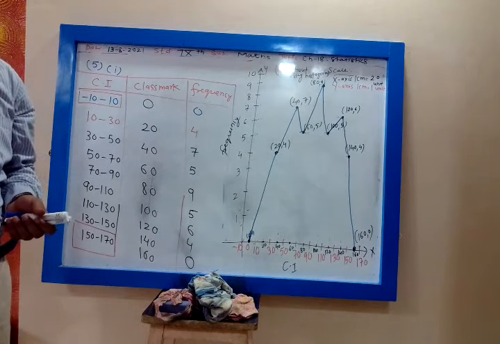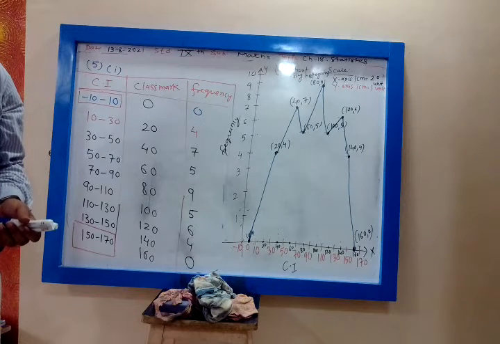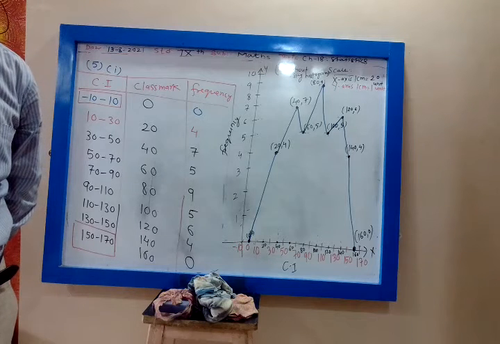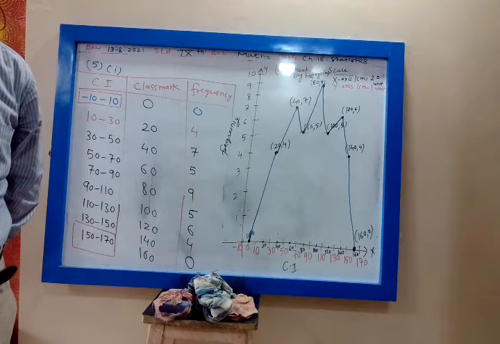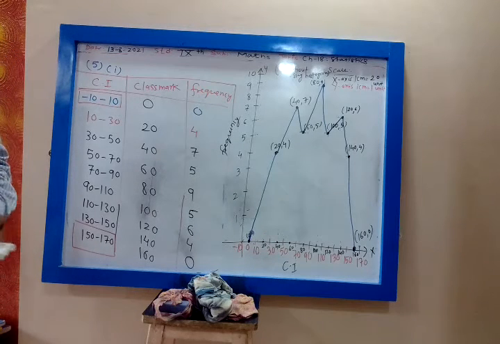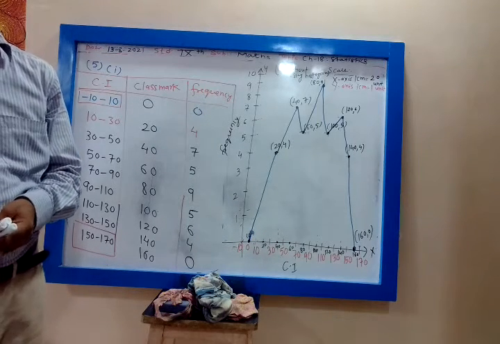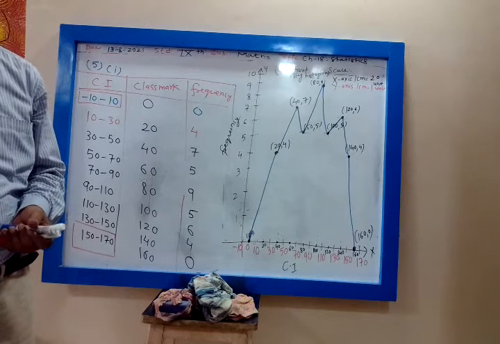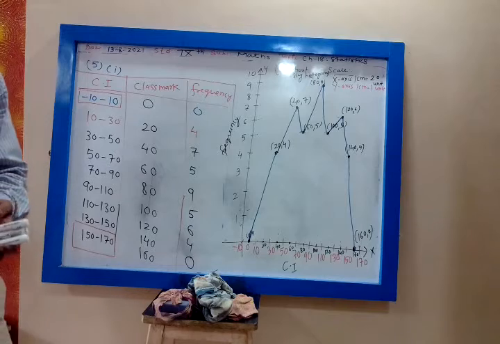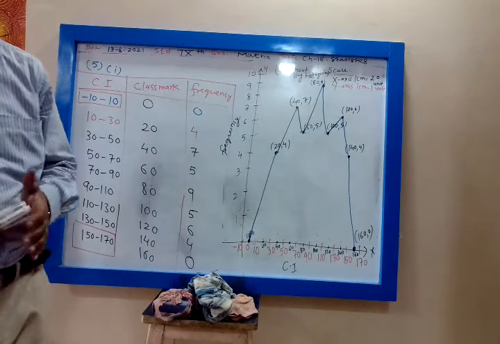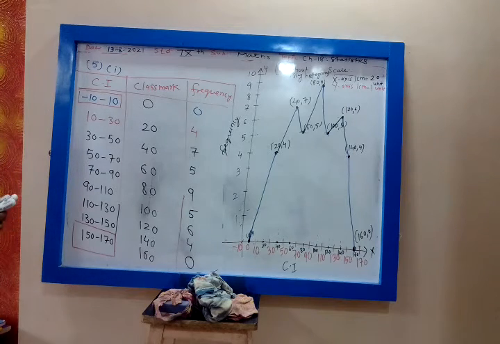Chalo, all of you do the same way. Second one, show it. Yes, correct. Very good. Chalo, very quickly, all of you do the second one without using histogram. Using histogram, you can do as homework. Second one: 5 to 15, 8; 15 to 25, 16. Take 2-3 minutes to solve that.